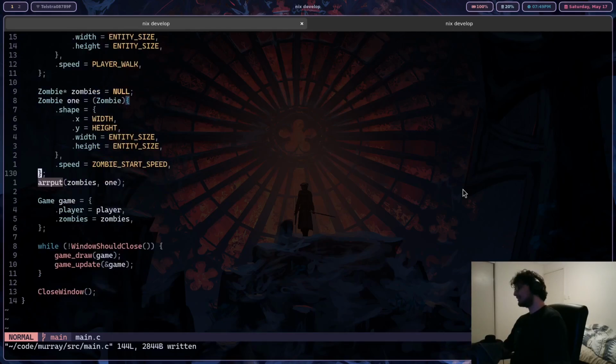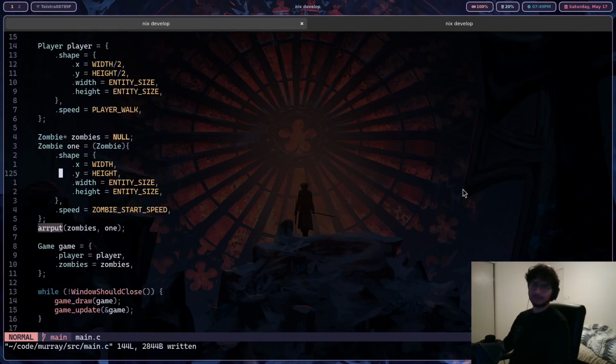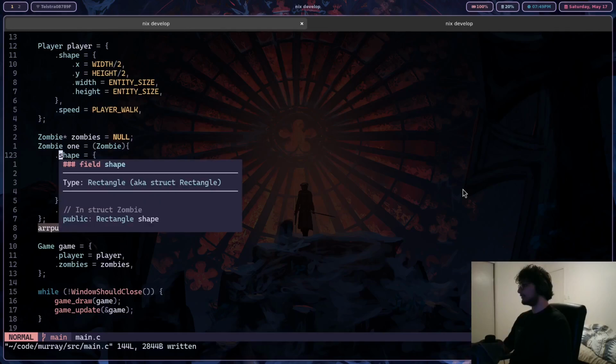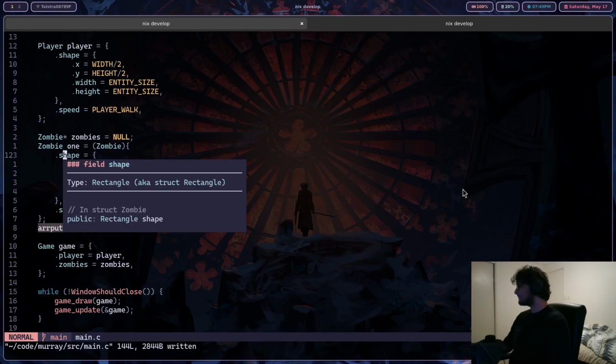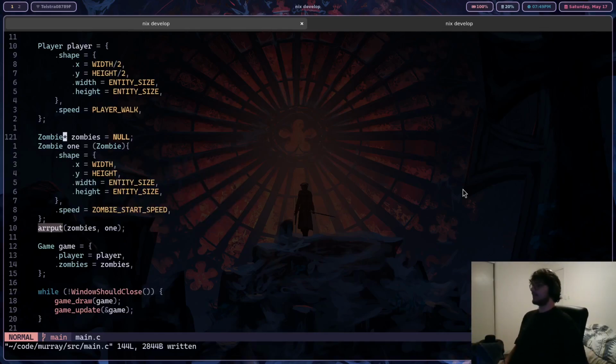Let's see here. How should I do this then? I definitely don't really like this. This sucks to me, and I would rather a different way. But we'll stick with it for now. I think maybe off screen I'll make my own little dynamic array, because this is boring. This is not what I want to be doing. I want to be making a game. So